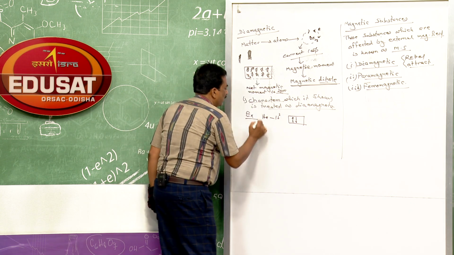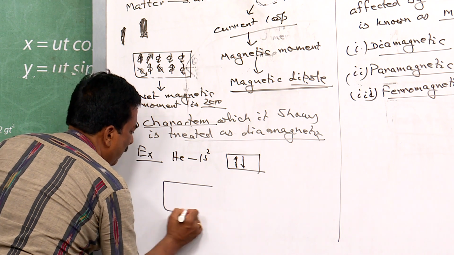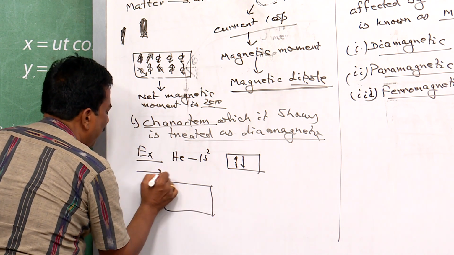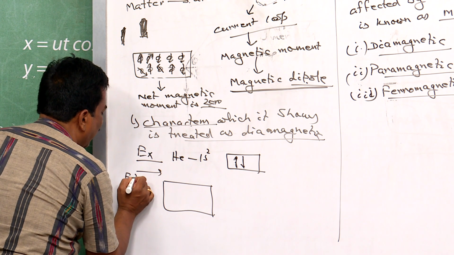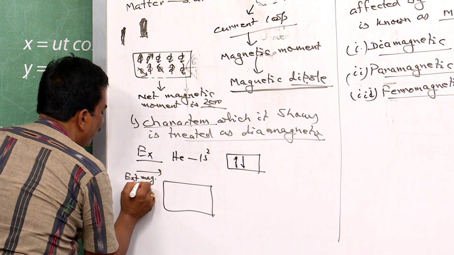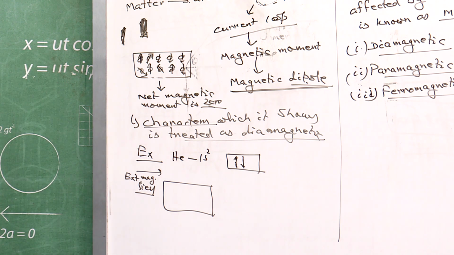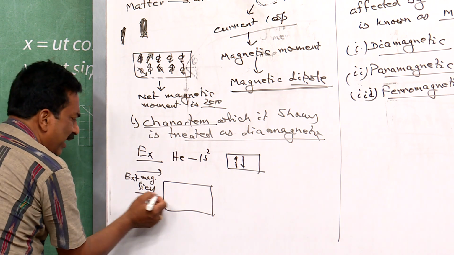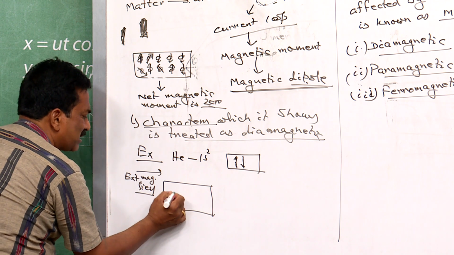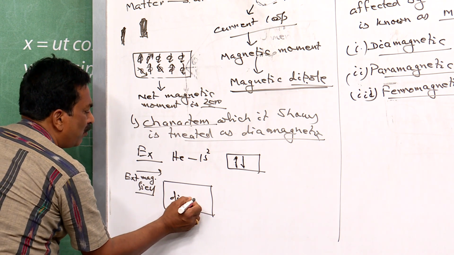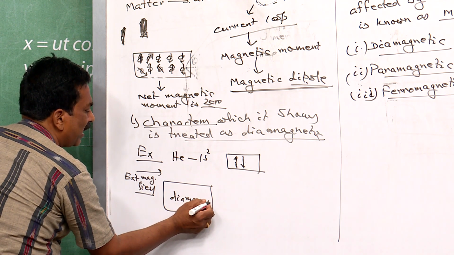Now for this one, we will apply some external magnetic field. So when some external magnetic field is acting on a diamagnetic substance,